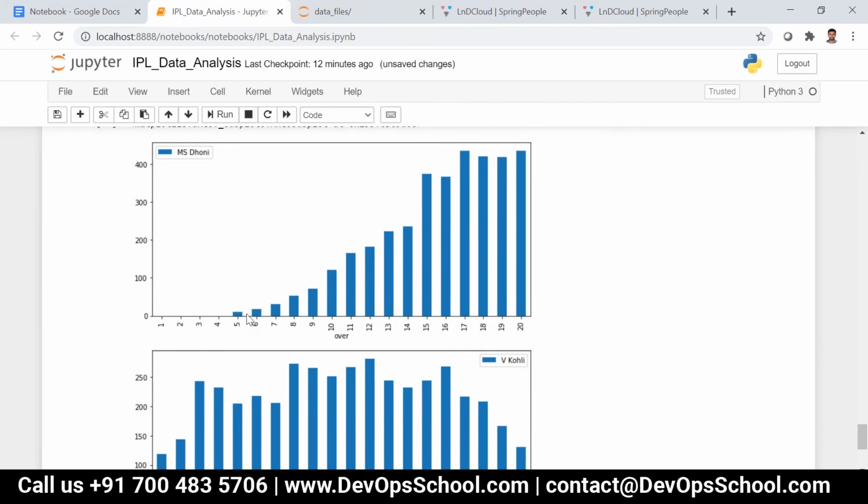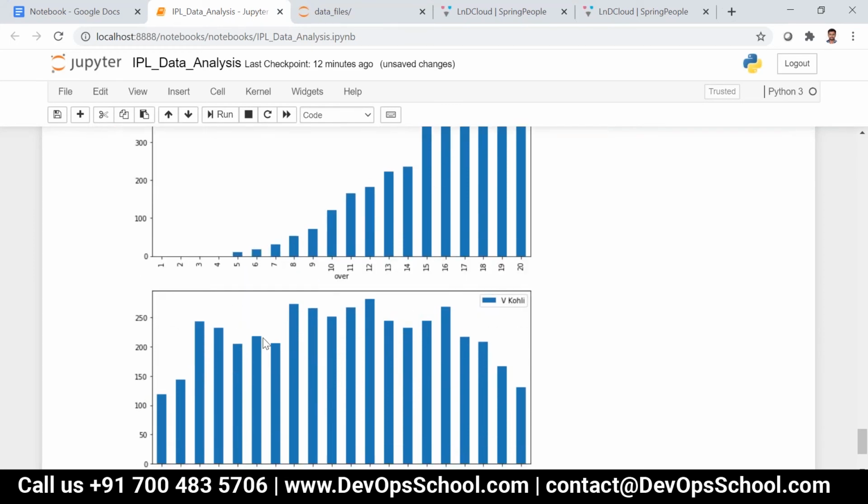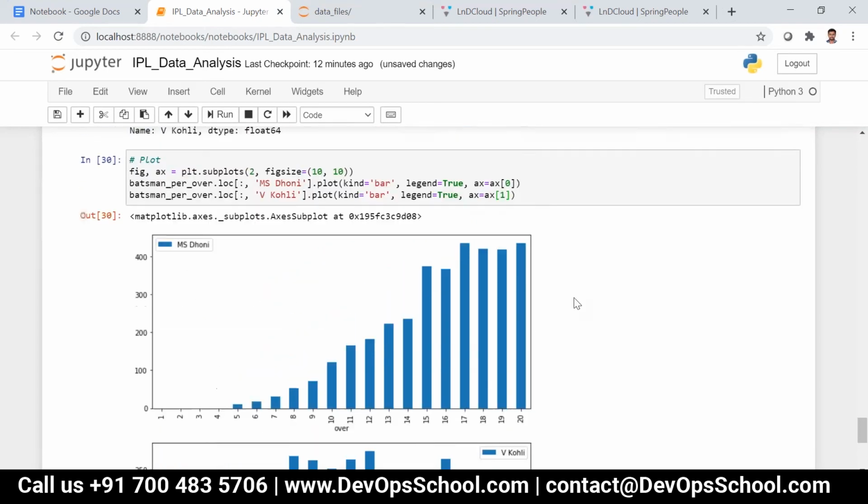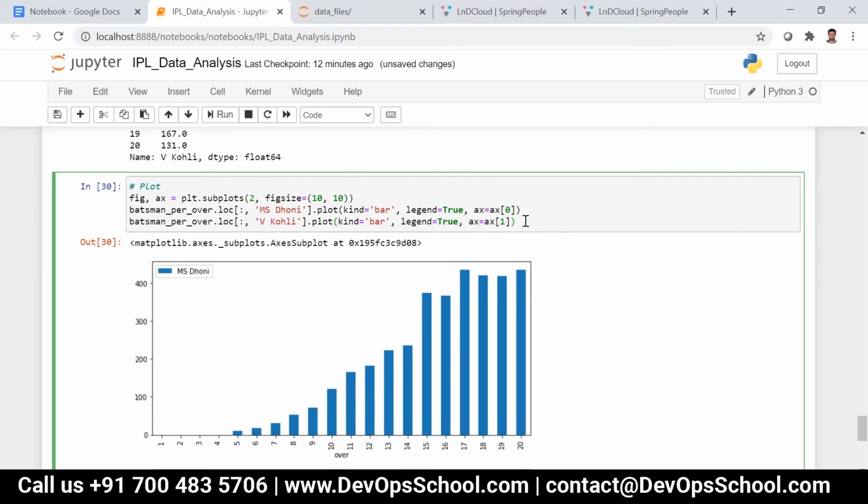Now you can see the rise in the skewness in the data, but over here it is somewhat like this. Like this you can plot for each and every player. For example, if you need data for some 10 players, you can just put it in a loop and plot it, no problem at all. For example, if you need that, I can just help you out.